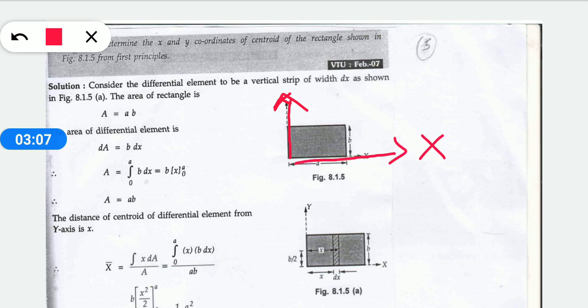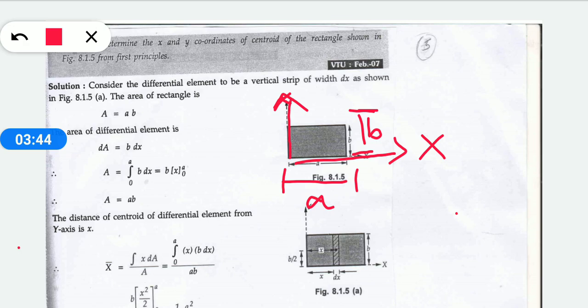So I am assuming that this distance is a and this distance is b. Because of this assumption, every sum related to first principle will have a constant answer. There will not be any change in your answers because there are no numerical values. If you make any simple mistake here, the answers will be completely wrong. So do study with the example. If the rectangular element comes, you need to do it with this method only, with this a and this b assumption only. You don't need to change your assumptions.